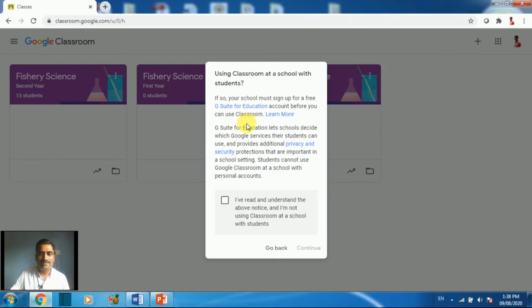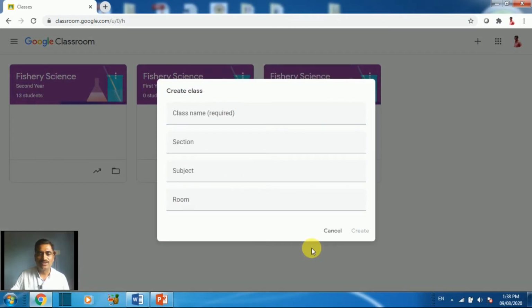It will ask you to agree with the terms and conditions. You just have to agree and continue with Google's terms and conditions. Then give a name to your class. The class may be for, suppose, first year students, first year fishery science.